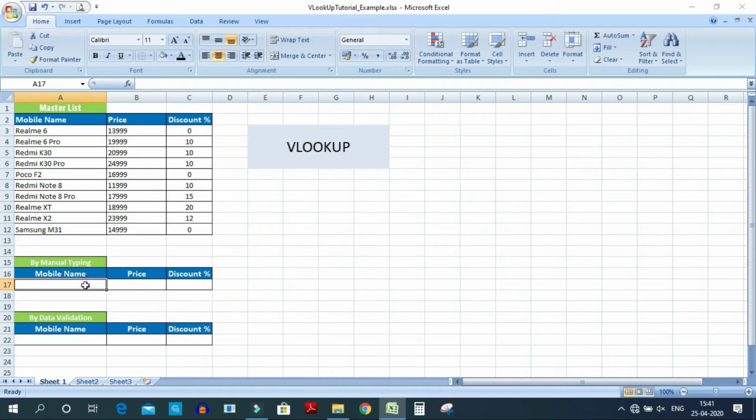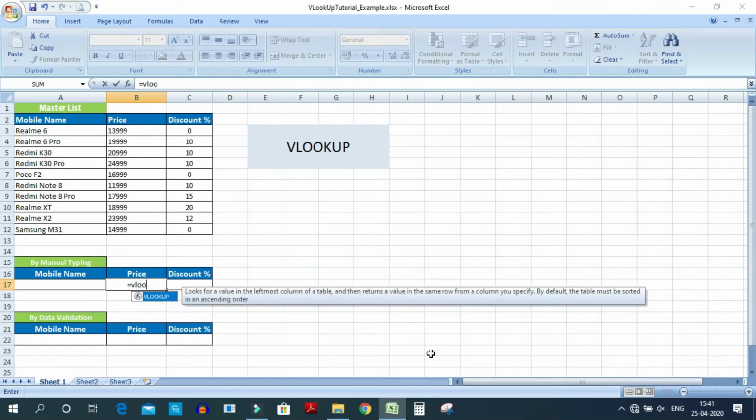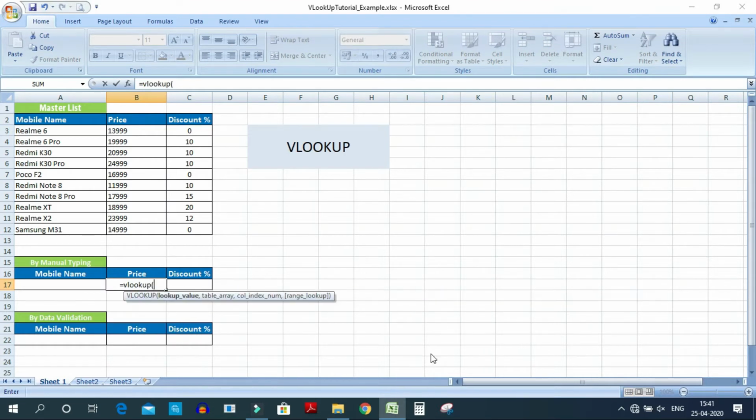So let me delete this. First I will write the VLOOKUP function for price. Lookup. So you can see here it is the lookup value, the table array, column index number, and the range lookup. So what are these?